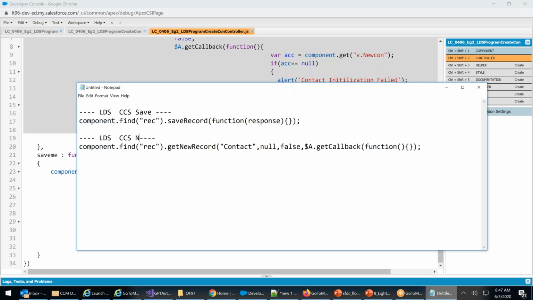LDS new record initialization. You can see that both look the same. Till here, everything looks the same.